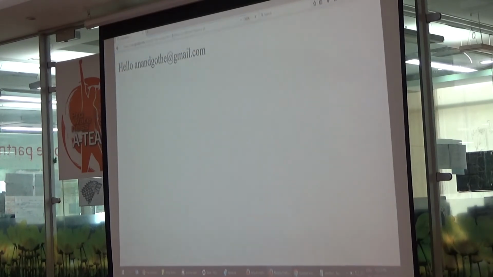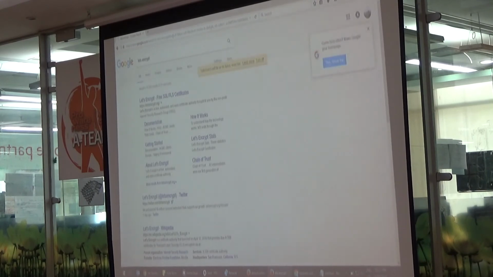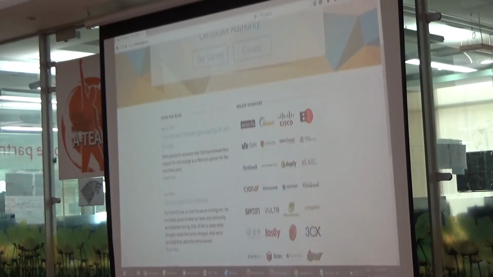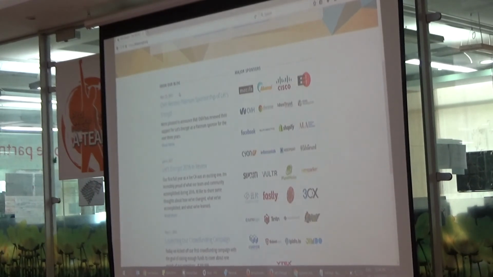So usually these HTTPS certificates were really expensive, and that's why people were not buying them. And some companies, including Google and a lot of big companies, got sick of this. You can see all the companies there. They decided, okay, screw it, let's just make it free. Then at least people will make their websites more secure.